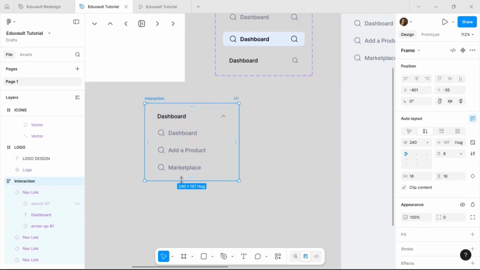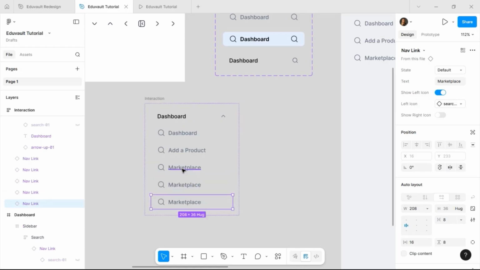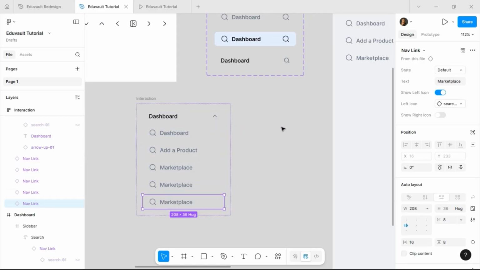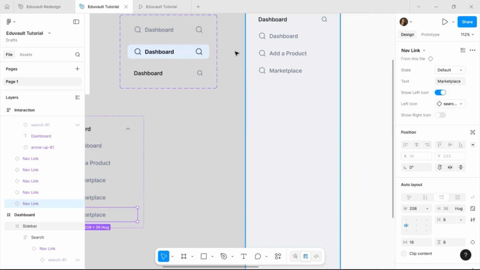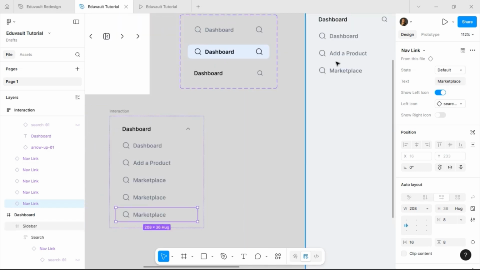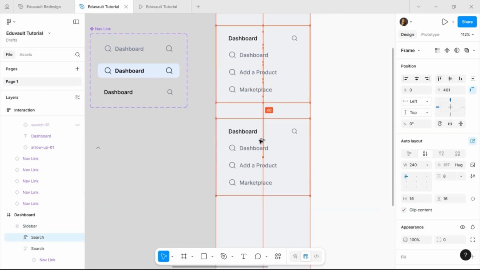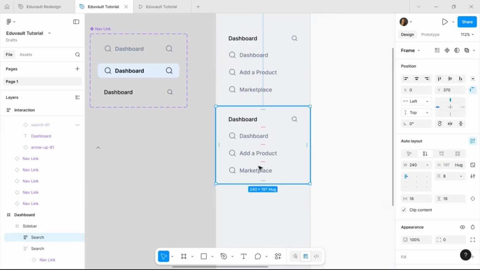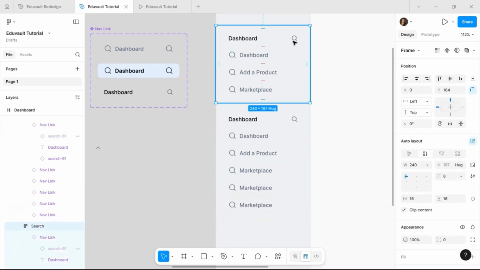And I'm going to add more options. So we need, let's just say 5. The reason why I'm adding 5 is because we have another section, the creator section, that has up to 5 options. That's 5 page links. What I'm trying to say is that, let's say for example, this is one section, and in the next section, we have 5 instead of 3. So if we finish doing the collapse interaction here, and we just did it with 3,